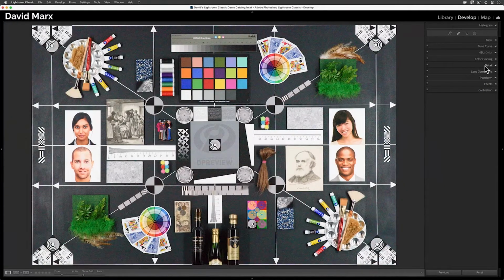On the screen right now is an image that I downloaded from the incredible camera testing website dpreview.com. I picked this image to get us started because I think that it's easier to learn what Lightroom's noise reduction sliders do when you're working on a test image like this one, where we have a wide variety of colors and textures. Let me show you what Lightroom's tools can do here, and then we'll put these controls to use